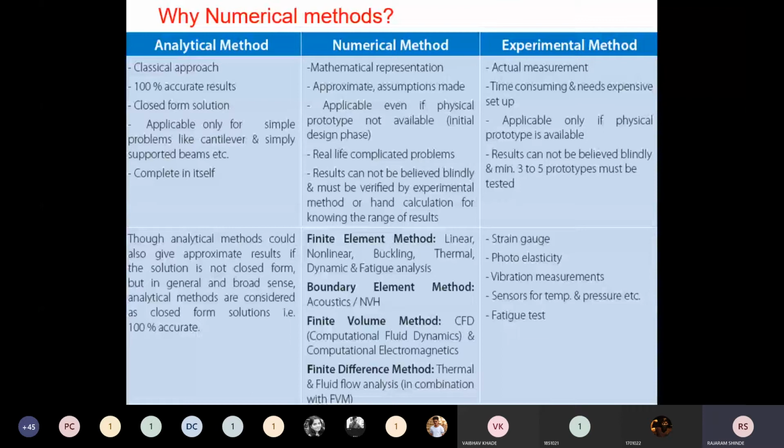And one more thing I want to tell you here: some direct equations you have in your strength of materials, heat transfer, fluid mechanics, or other problems, and you use those direct equations for getting the behavior of the problem, so it is known as a classical approach. Have you got the idea of the classical approach?